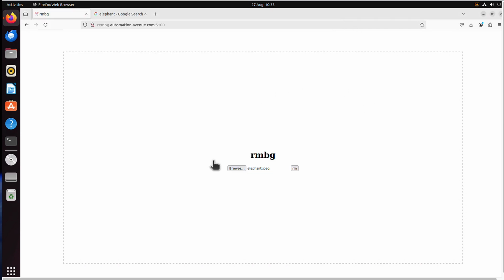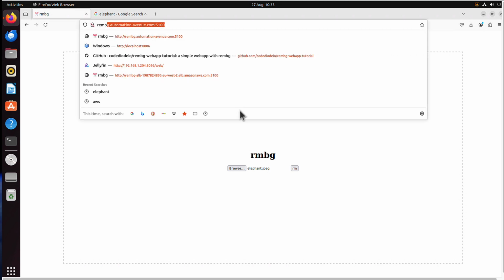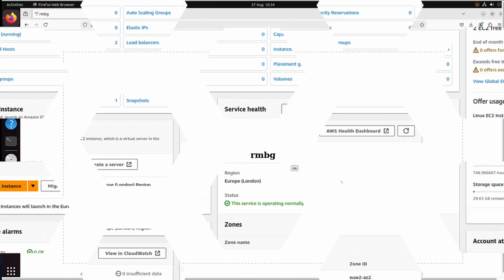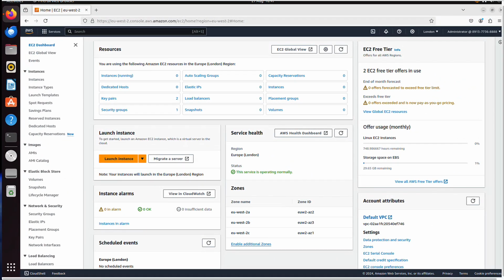And we will build that application and deploy to ECS today, step by step. So let me destroy everything. And by the way, don't try to access this application on this URL, because I will destroy it once I have finished working on this video. But as you can see, it's a simple tool you can run from anywhere. No Photoshops, no time wasted. You just click on the file and the new one with no background is generated. I've destroyed everything now, and let's start creating it from scratch.